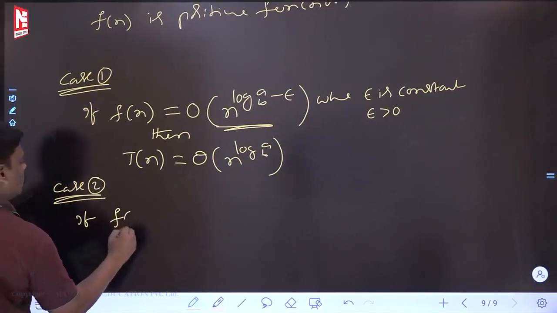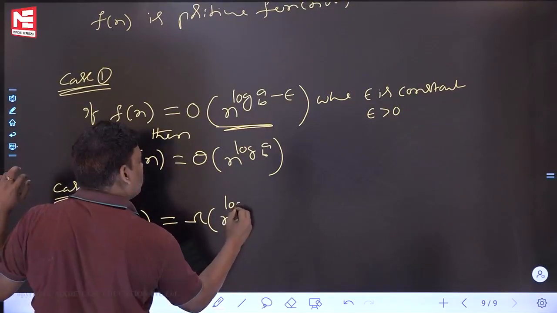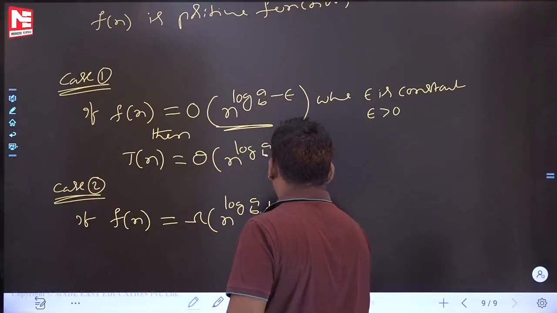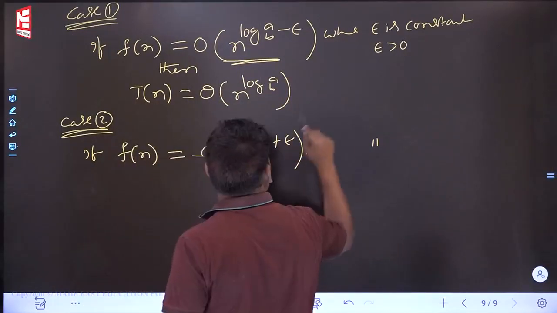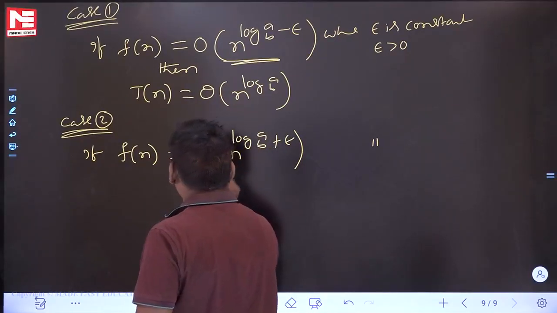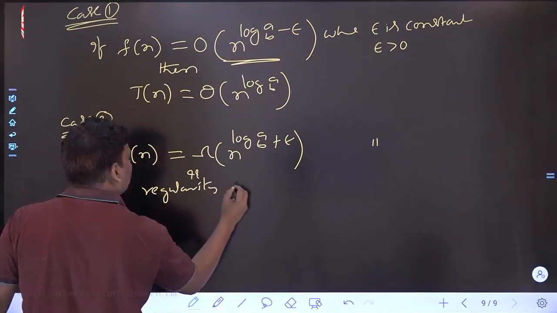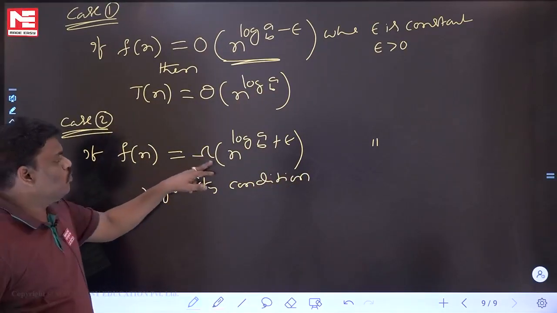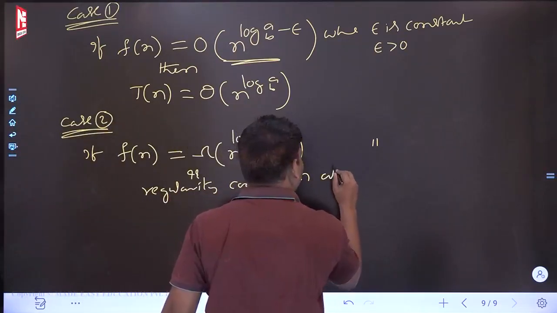If f of n is equal to omega of n power log a base b plus epsilon, where epsilon is a constant greater than 0, and one more condition is there: the regularity condition also you have to satisfy. If f of n is omega of this one, and the regularity condition is also satisfied,